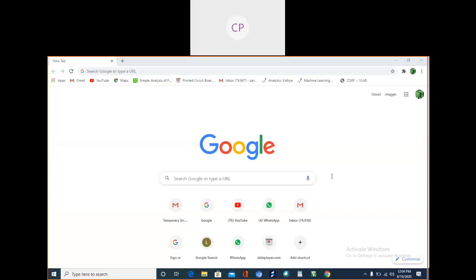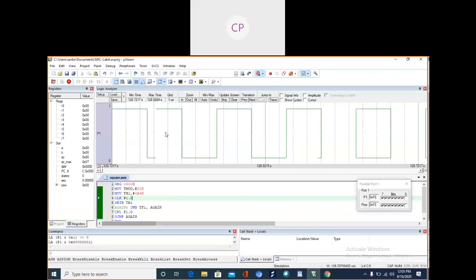Rajkumar wants to see the code. Just I will show you. Just before that, snip this so that attendance should be recorded.